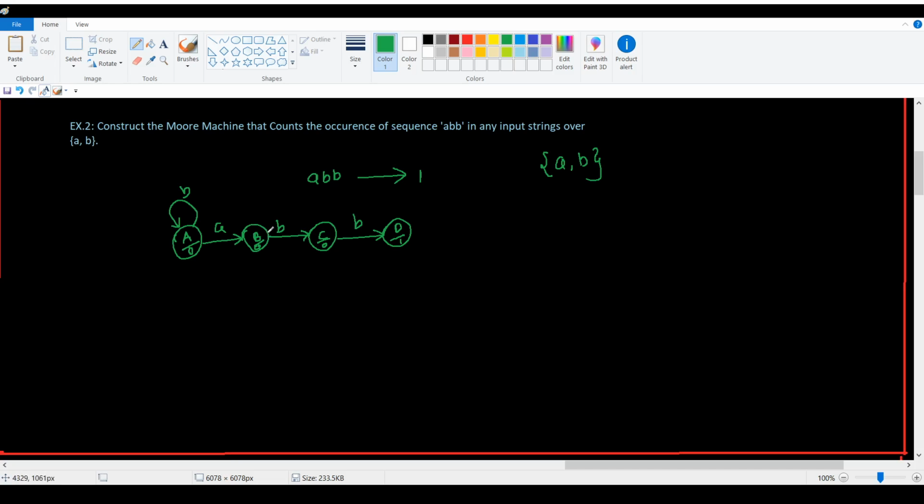So at state B, if A occurs as an input, next state will be the B. At state C, if input A occurs, next state will be the B. Now at state D, if input is A, then next state will be B. Okay, and if input is B, then next state will be